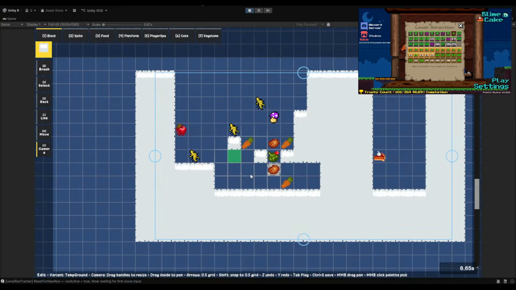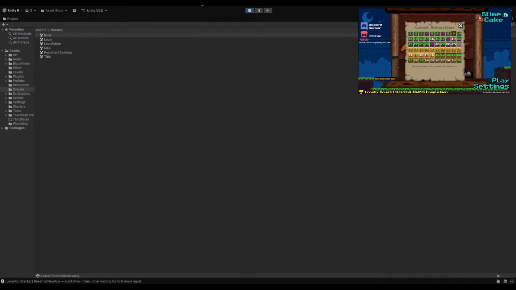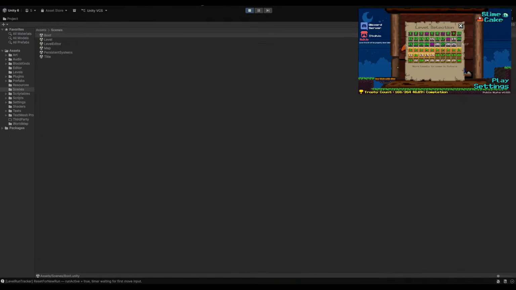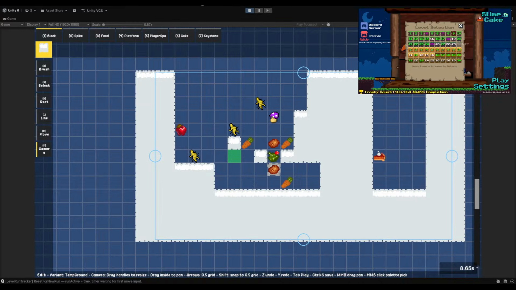Level 4. This is gonna be the first sub-world map level. So in the world map, oh my goodness, I wish I had a tab there. Actually, why is there not a tab there? This is game and world map editor. How do I do this? If I maximize here, oh no, don't maximize the project tab. Select game. Do I click there once? Why is it not? Oh, I'm dumb. I maximize here. Why do I only have one tab?